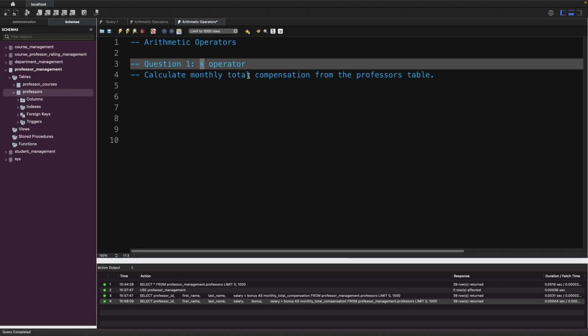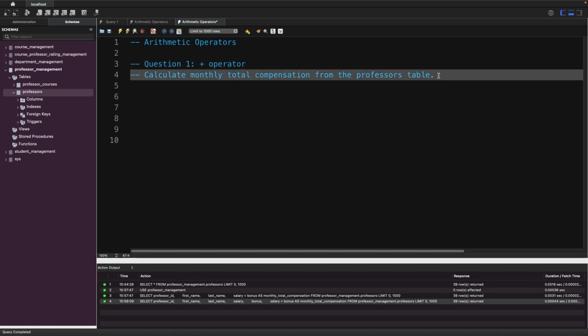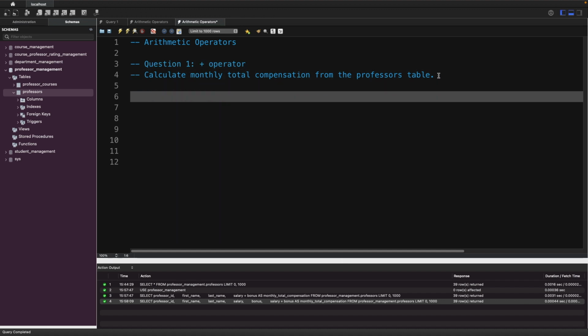We are trying to calculate the monthly total compensation from the professor table, right? We know our professor table is under the professor management database,